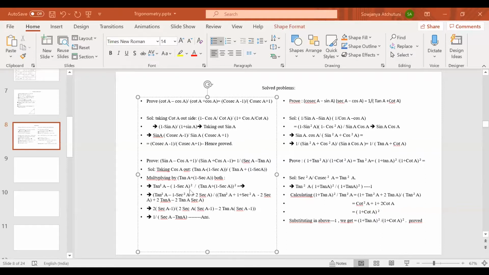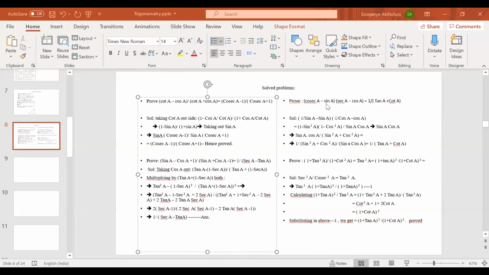So what we have done? We have finally factorized it, A plus B into A minus B, and we have simplified and taken out common terms. We have used this formula here. What is 1 plus tan square A? Secant square A. So 2 secant square A. If I take out 2 secant A, secant A minus 1. Here if I take out 2 tan A, minus 2 tan A becomes secant A minus 1. Top also we have got secant A minus 1. It gets cancelled. So let us see another problem.